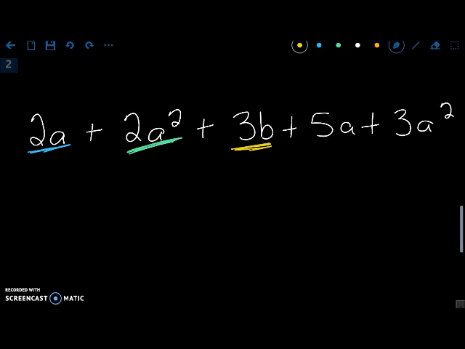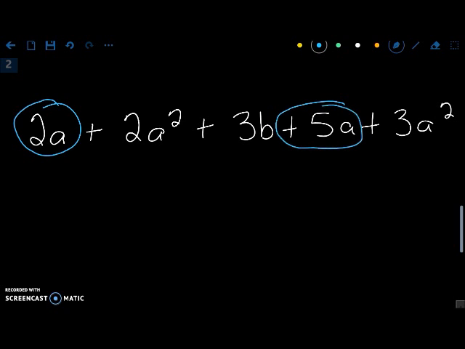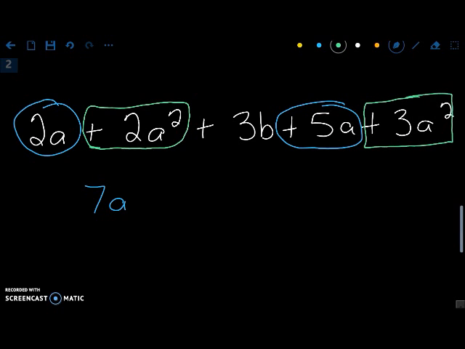So if we're going to combine these terms, let me take these away for right now. If we're going to combine these terms, we're going to circle, or separate out, the like terms. There's a 2a and there's a 5a. So when we combine those, when we put those apples into the same bag, we end up with 7 apples. Then we go to the pineapples, and we would have 2 pineapples, and we would be combining them over here with the 3 pineapples,